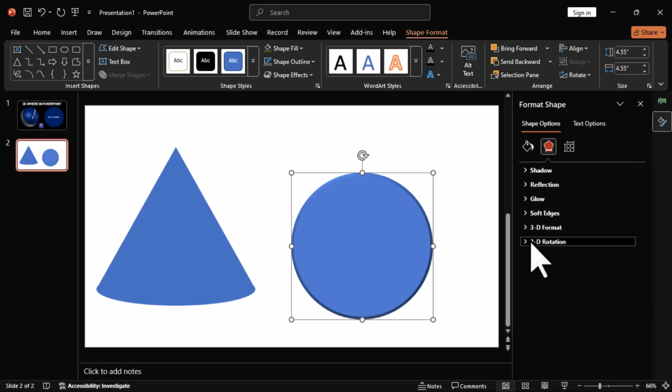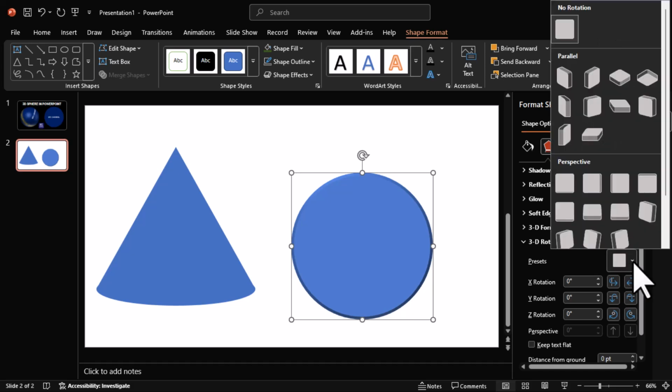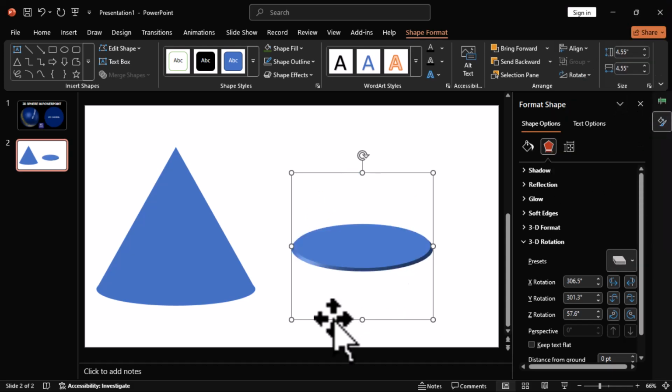3D rotation, and I'm going to select this particular preset, and then under parallel presets I'm going to choose this option that says off axis 1 top, and I'm going to click on it so that I can make this particular circle in a flat mode in this slide area. Now that we have this done, let's move back to the 3D format,